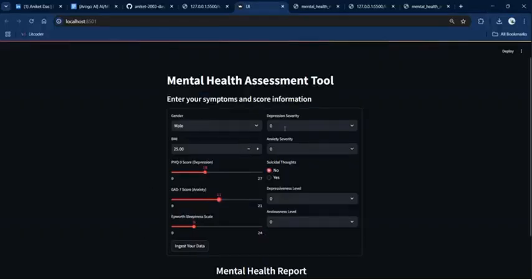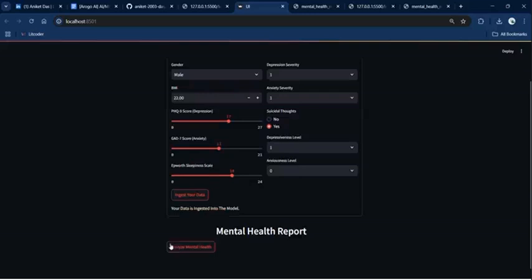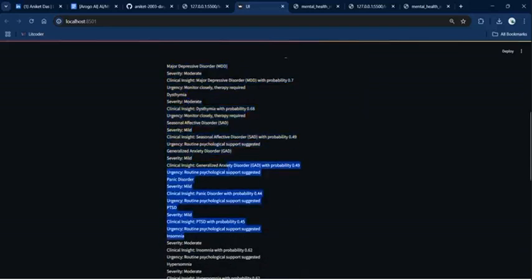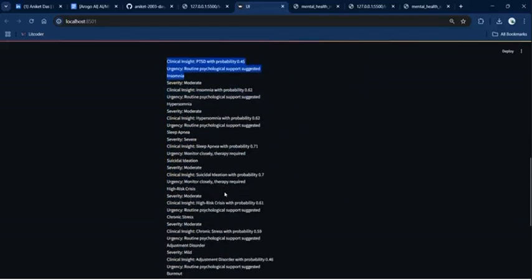So through that logic, what we were doing is that we are taking input from the user, and then we are ingesting it to the model in the encoded format, etc. So if I take a few values, BMI is a little less, 22.5. Okay. So if I ingest my data into the mental health model, first it would get converted and then it would get ingested. So if I click analyze mental health model, it would generate a similar report that we were given in the PDF file. So yeah, a similar report with probabilities and other clinical insights.